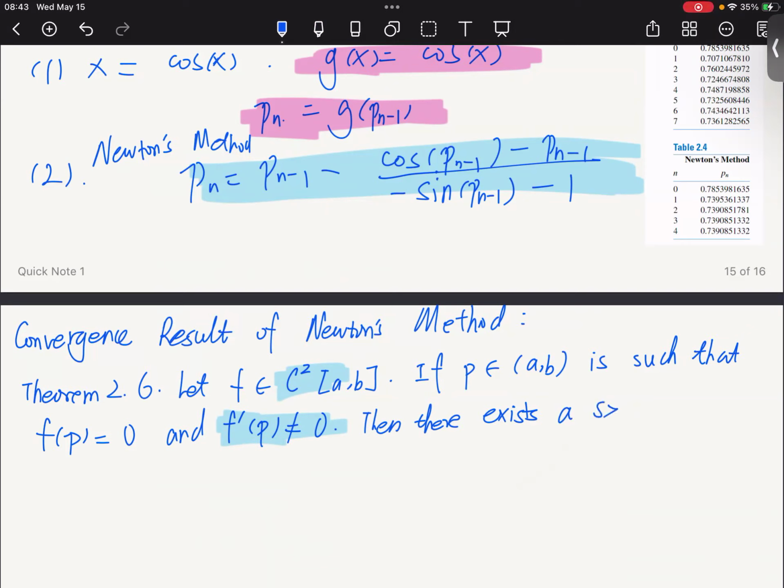There is a delta, which is positive, such that with any initial guess p0 in this interval around the true solution, close enough to the true solution, Newton's method